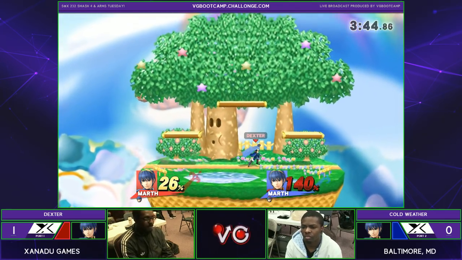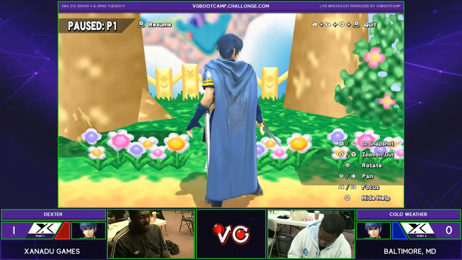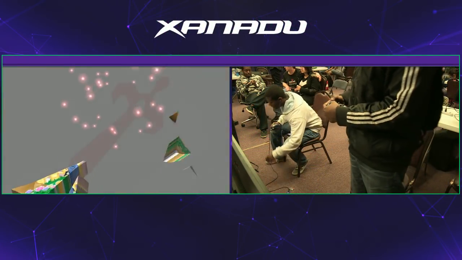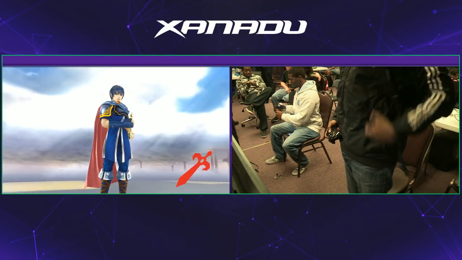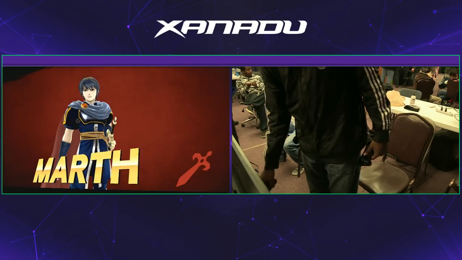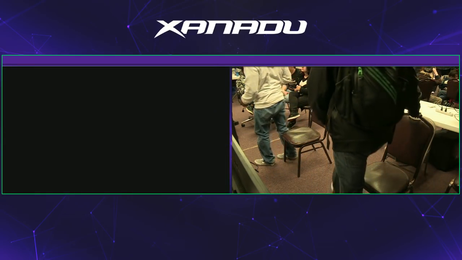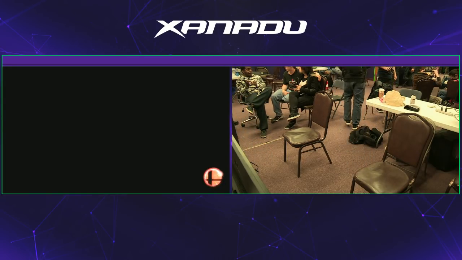Yep. And just like that. And up. But Cold Weather did do better. He did get a stock off in this game. And he got it off pretty fast. He was only around 40% when he got the stock off, but Dexter just has neutral far superior in the ditto, I guess. And Dexter also just had